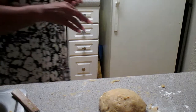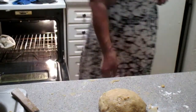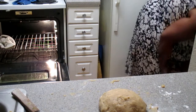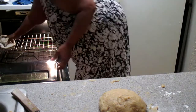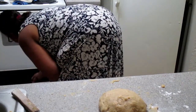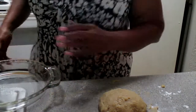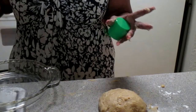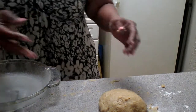And then I'm going to put them back in the oven for another hour and have them raise a little bit more before I turn it on. I'll find something to put this in so they don't just bake on a cookie sheet. I'm trying to bake them in a different pan so the sides are together. And I'm so sorry, I really did forget that I was taping this. So I'm just going to put them in this pie dish because I did forget to buy the